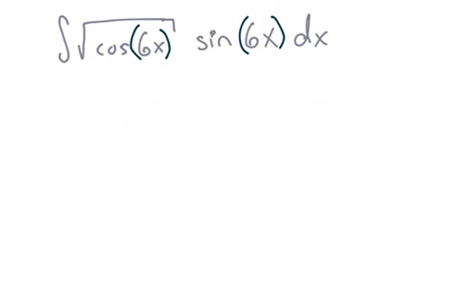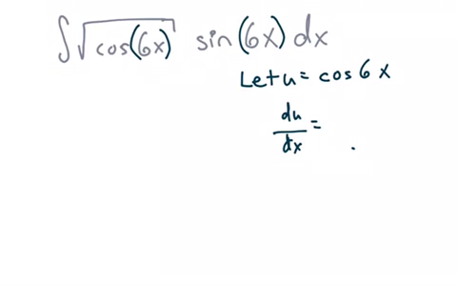So instead, we want to make one of the trig functions u. I'm going to go with the more complicated one, cosine 6x, because it's got the square root in it. So I'm just going to go ahead and say, let u equal cosine 6x. And so if I take the derivative here, we get du